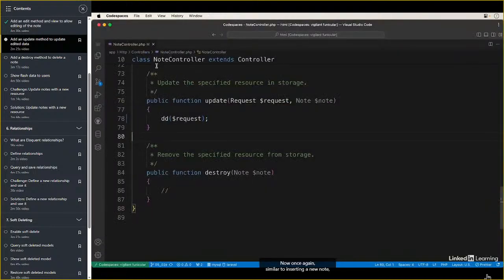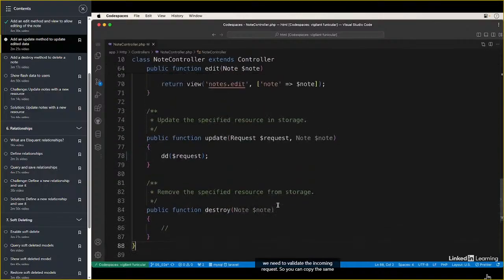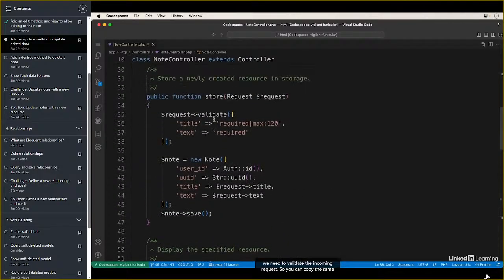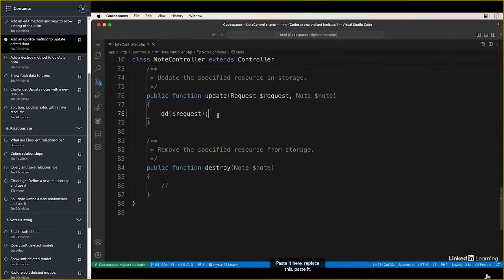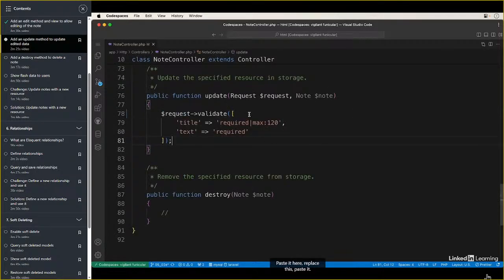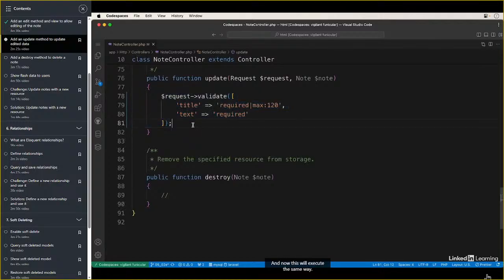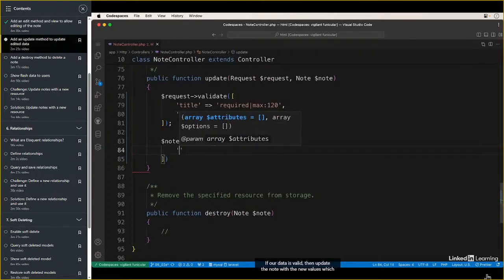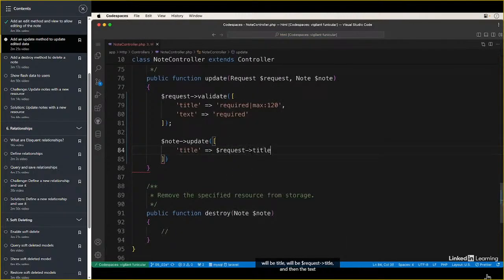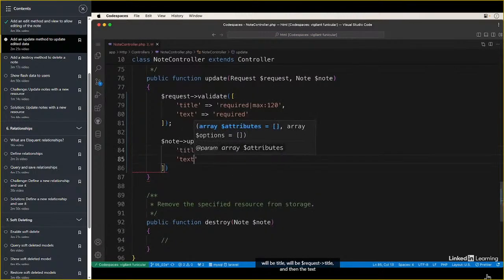Great. Now, once again, similar to inserting a new note, we need to validate the incoming request. So you can copy the same validation rules from here, paste it here, replace this, paste it. And now this will execute the same way. If our data is valid, then update the note with the new values, which will be title, will be request title,